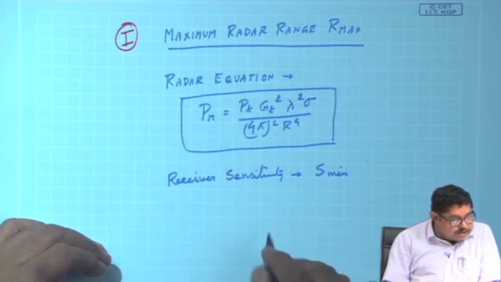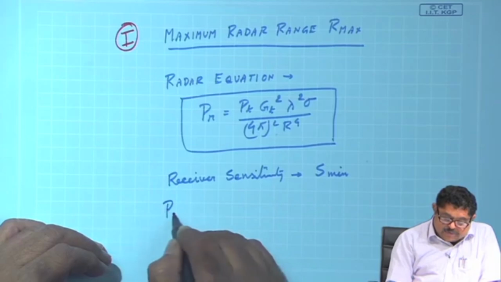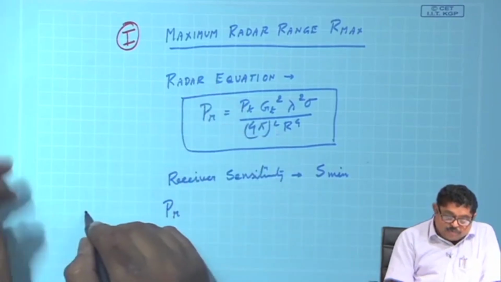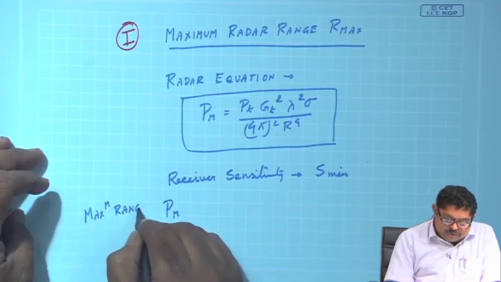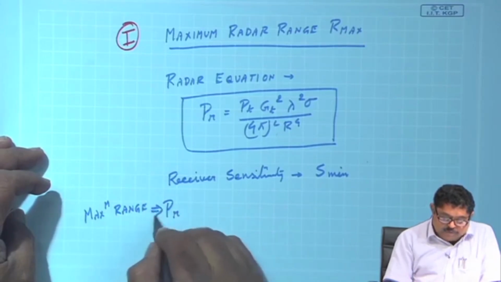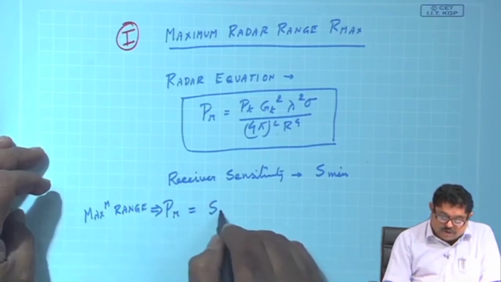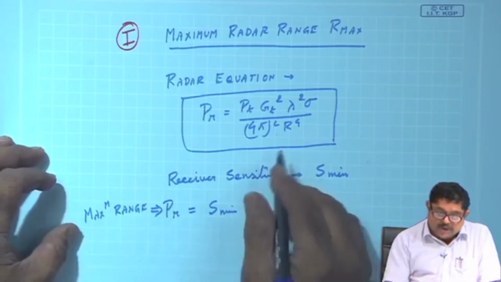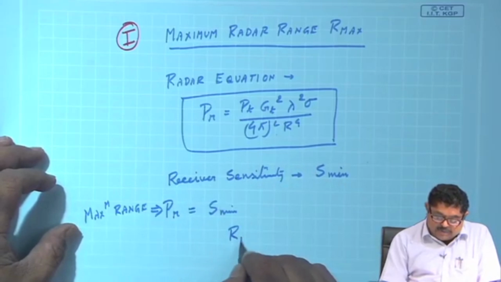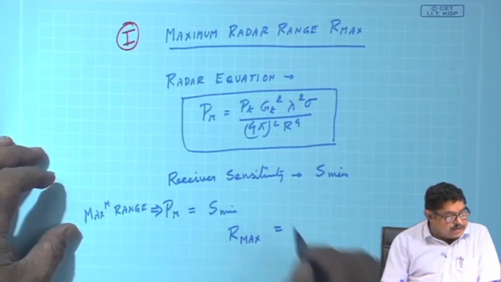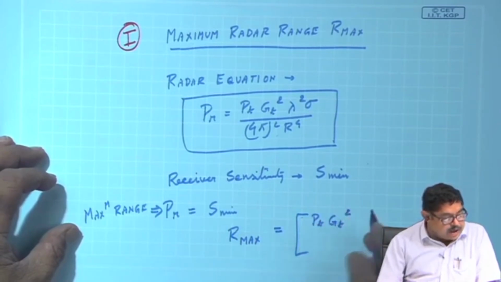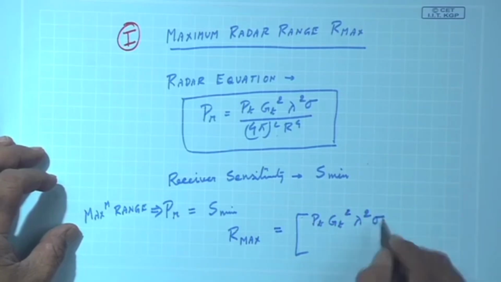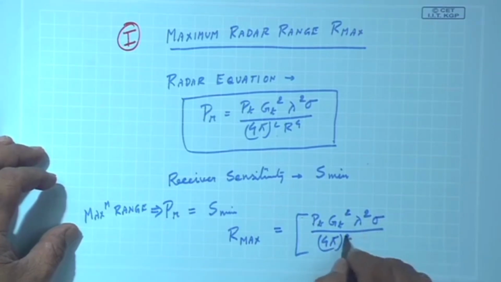What is the minimum value of this PR? Now I assume that for the maximum range of the radar, this implies that PR is equal to S min. So it is a known quantity. Now I can say that the maximum radar range from this equation will be PT GT square lambda square sigma bar over 4 pi,